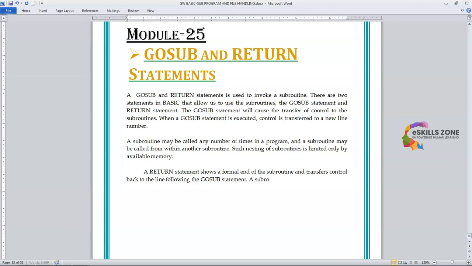A subroutine can contain more than one return statement,